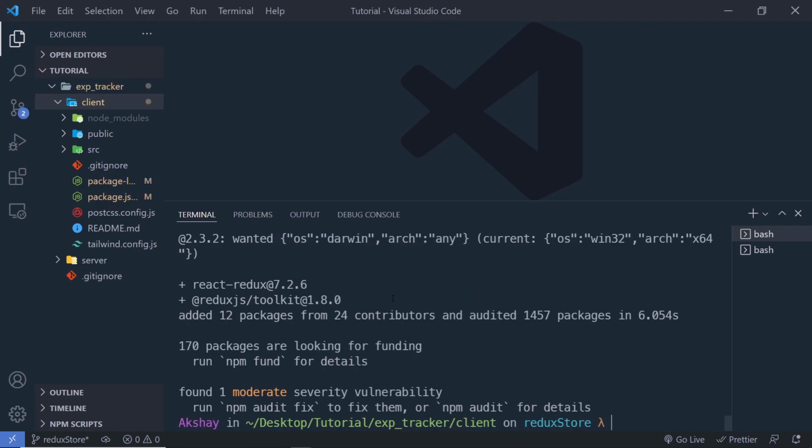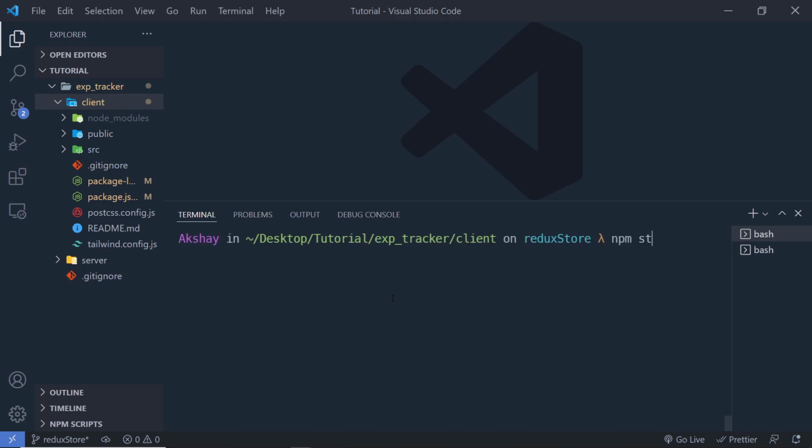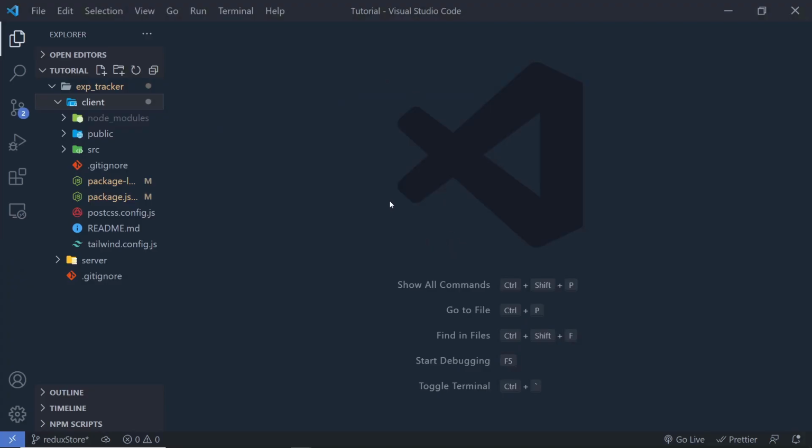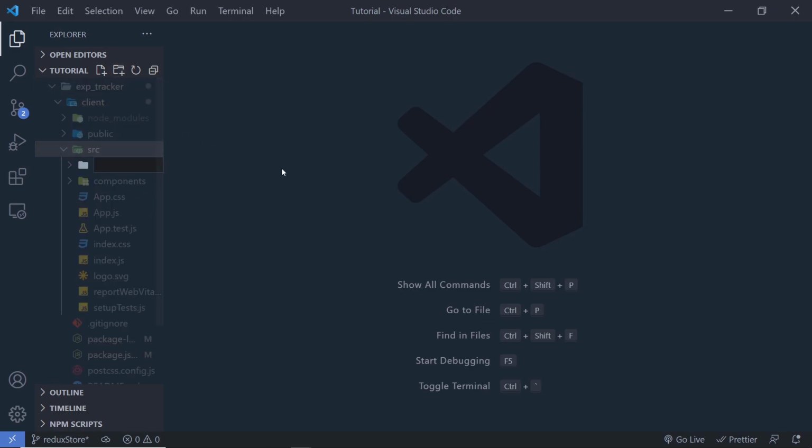Now once I've done that, let me start the React project using the npm start command. Now inside this application, let me create a Redux store. In the previous lecture, we understood how you can create a Redux store in the React application. Let me create the Redux store here inside this application as well. So I'm going to click on this client and create a new folder inside this src. I'm going to name that folder store. Inside this store, I'm going to create a file called store.js,